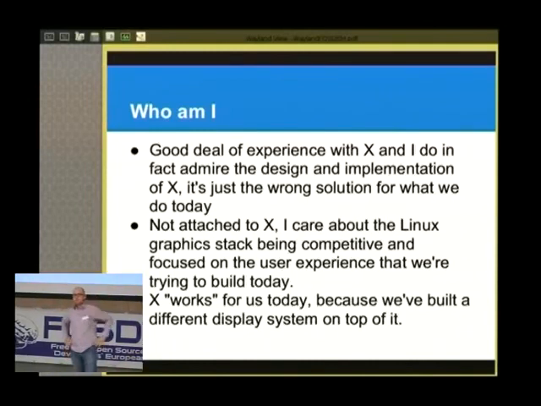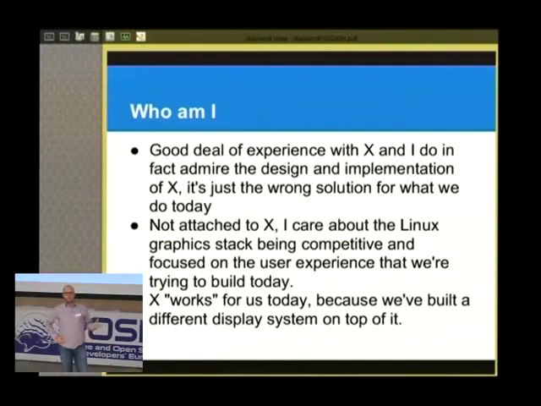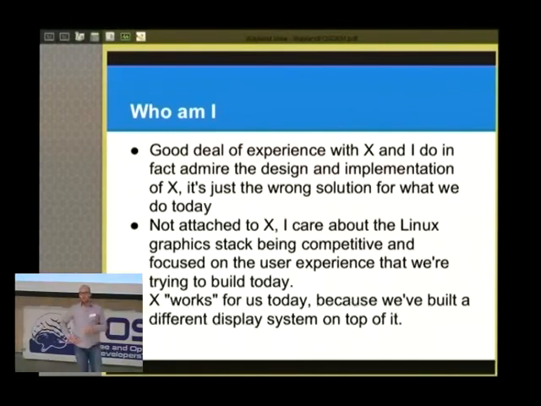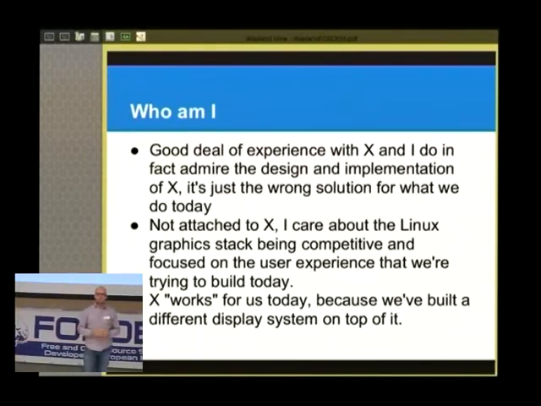I come from a background as an X developer, and a lot of what we've done with Wayland is the natural extension of that work. We did as much as we could with X, and then we got to a point where we realized we can only do so much with X. What we have done on top of X is essentially a new windowing system, which is why people say X is good enough.